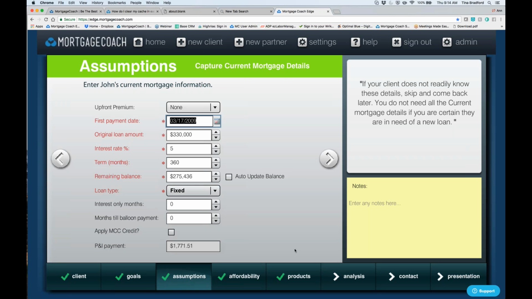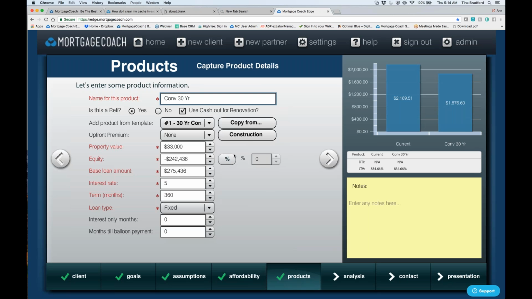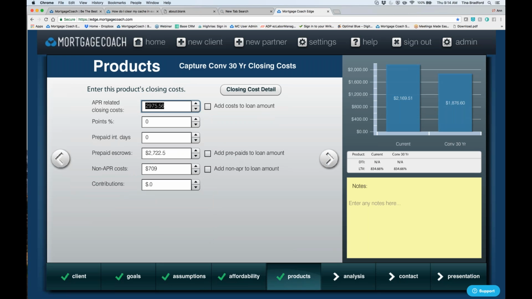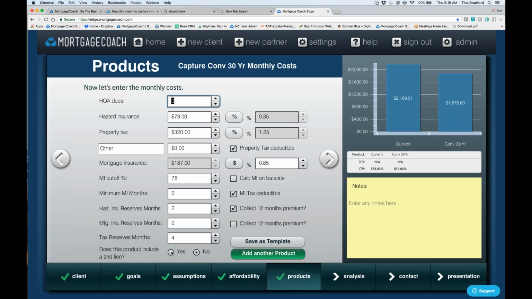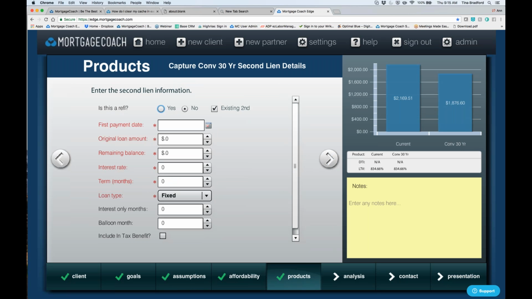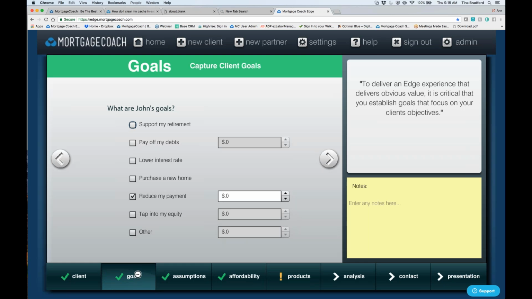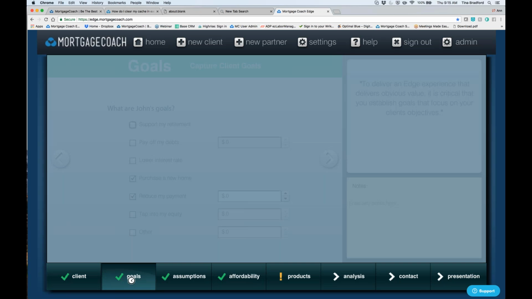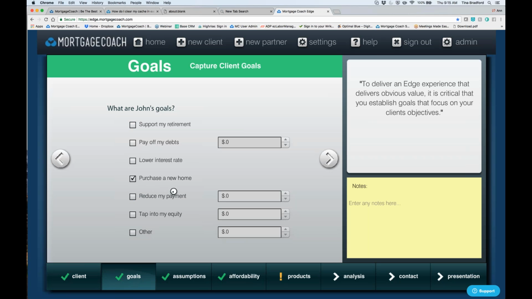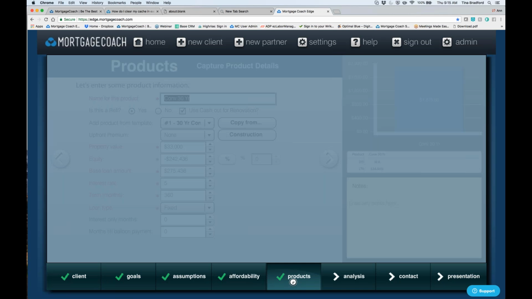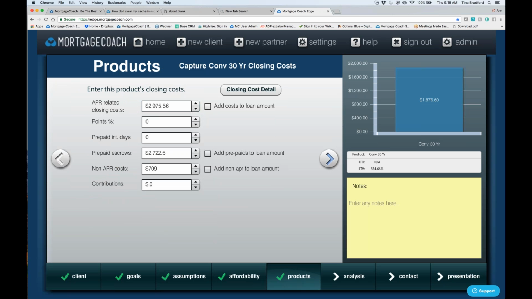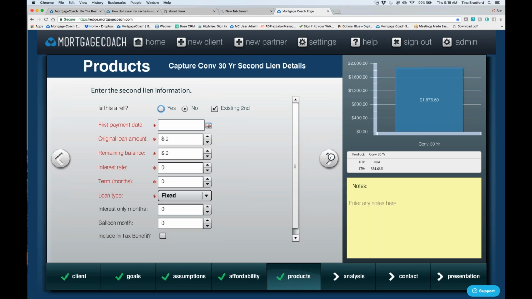Now, we do have one other aspect that comes into play, and that is if you have a second loan. So if I have a second loan, I'm just going to click on yes, like I do, and I move it forward. On the second loan information, actually, I need to take it off and put it back on purchase. On the second loan information, you now again have that new little tab for is it tax deductible or not. So let's move over here. So we're going to put in that second loan information.